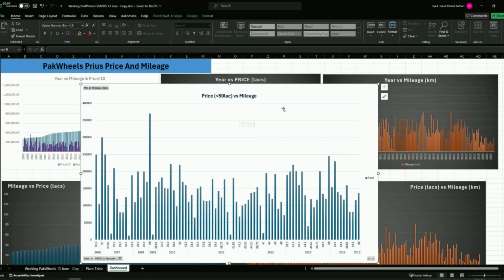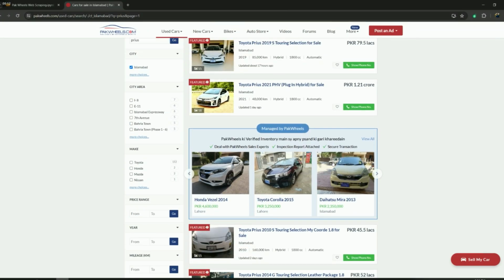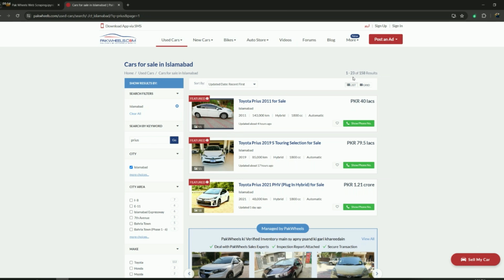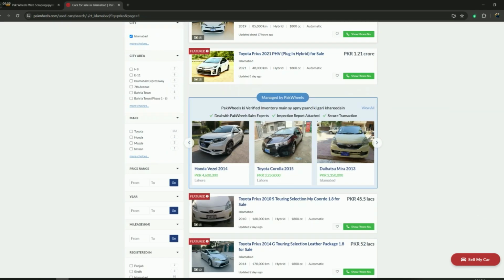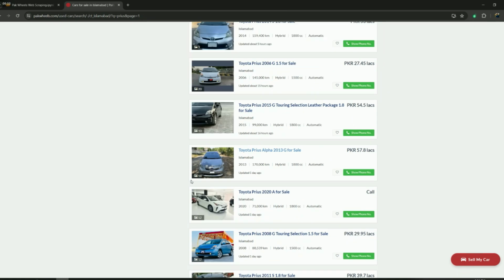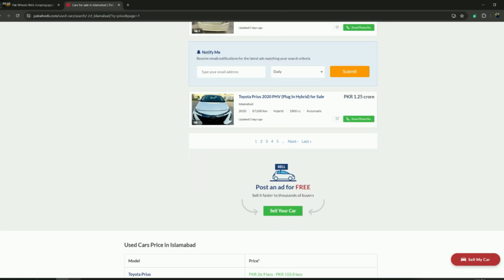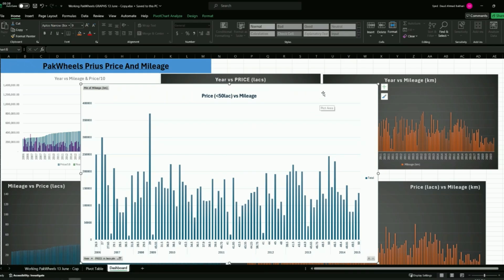Alright, this is a web scraping project in which I have grabbed all the useful information that is listed at PakWheels. There are 158 total results, in which I'm going to grab the title, the year, its mileage, its fuel type, its horsepower and transmission for all the cars listed over here. There are going to be some results that I will discuss ahead, but I have developed a dashboard, charts and graphs for this project,